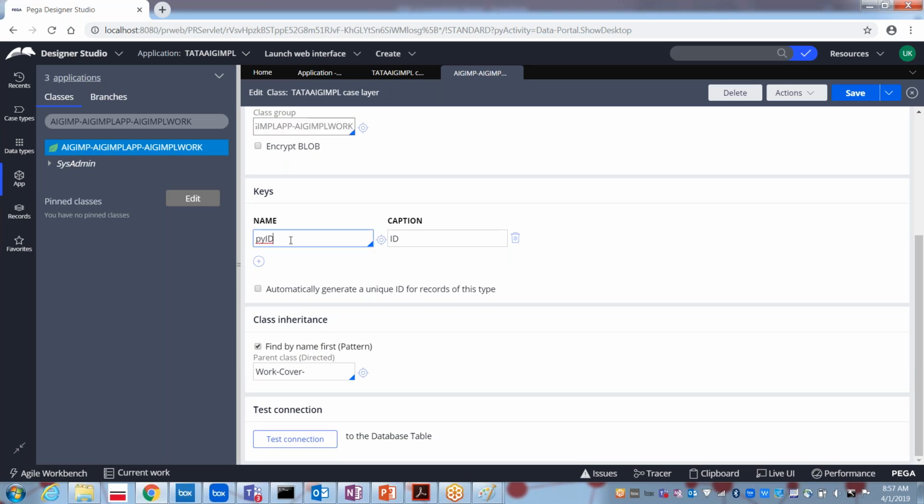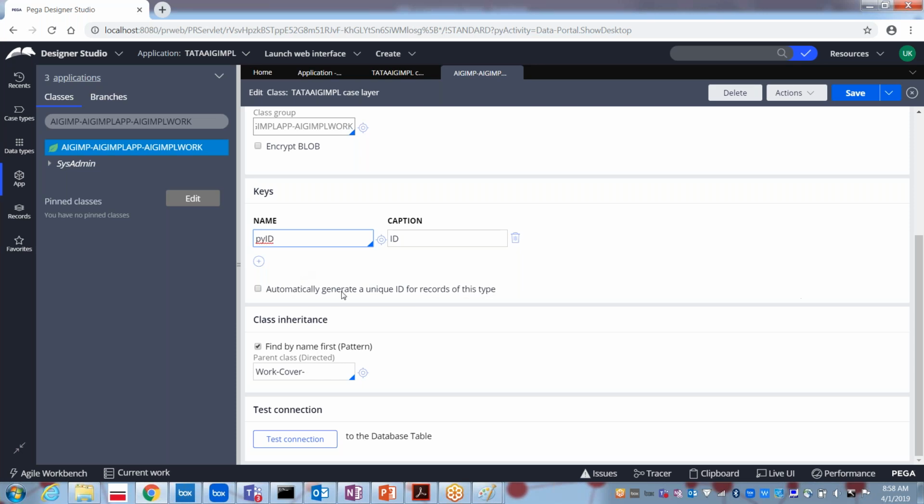So what is the key? Generally in a school or in an organization, each employee will have one employee ID, so that to identify the people we use the employee ID. Even in schools we have the roll number, through which we identify the students. In the same way here, if you create any cases for insurance, I may take one term insurance and one vehicle insurance. For each and every insurance, it is going to specify one unique ID. That unique ID is here called a key, that is called a PYID.